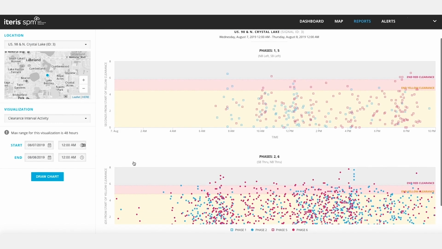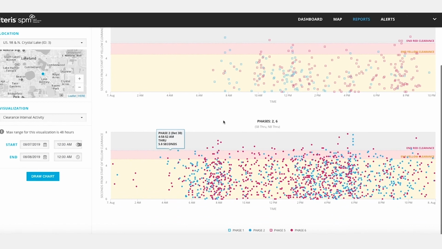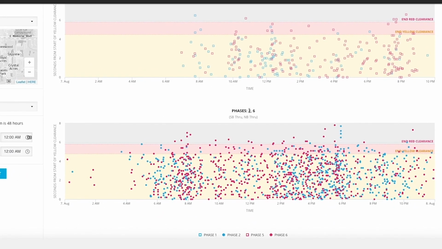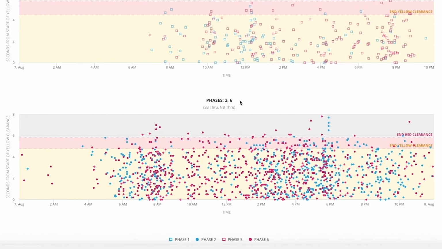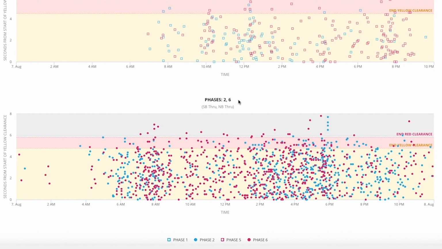The alerts were for phases 2 and 6, so we'll focus on this chart down here, which is drawing phases 2 and 6. What this chart is showing is, over the day, all of the activity of vehicles entering the intersection during the yellow clearance interval, down here, during the all red clearance interval, here, and after the opposing phase